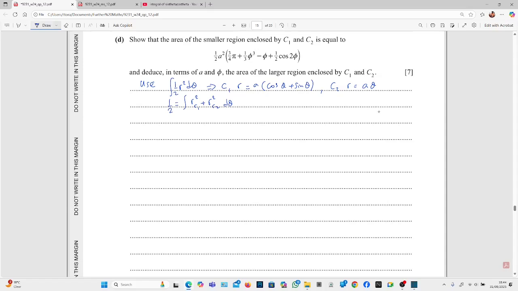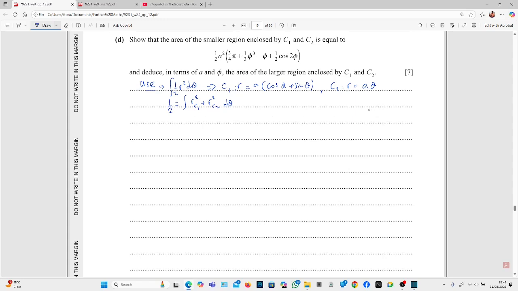Okay, so for part D of the question now, we need to show that the area of the smaller region enclosed by C1 and C2 is equal to all of that here as said before, and deduce in terms of A and phi the area of the larger region enclosed by C1 and C2. So we're going to use the formula integral of half r squared d theta. And so we have for C1, this is our equation, and for C2, this is our equation. So we're going to add them up to get